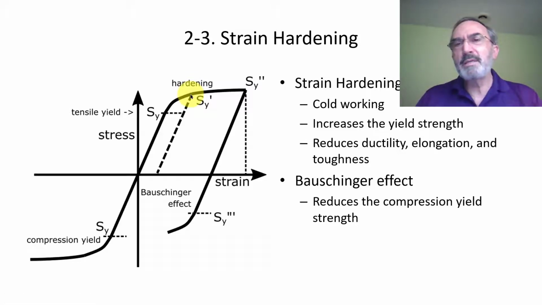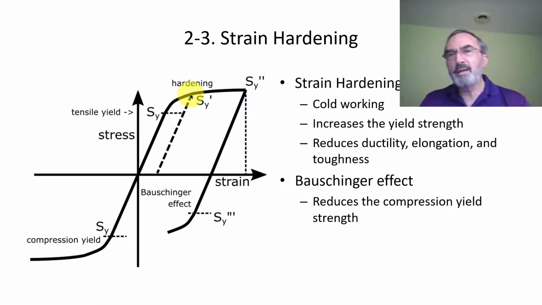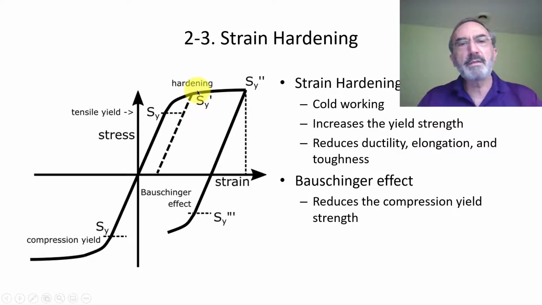Really it is a misnomer, because the hardness, which is a property I'm going to talk about at the end of this video, didn't change, but it's said to have hardened in the sense that now the yield strength is higher than the original yield strength. So that means that after you did this one time, this material is better than the original material because it has more S sub y.